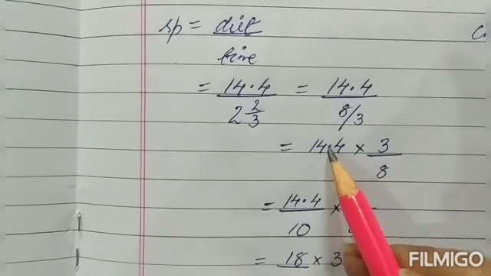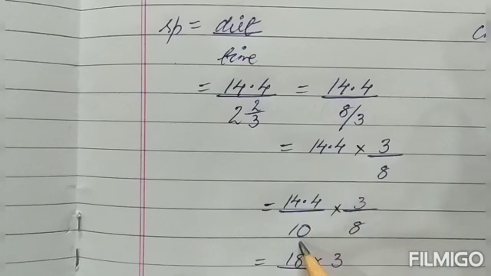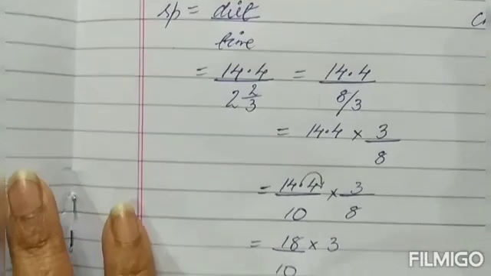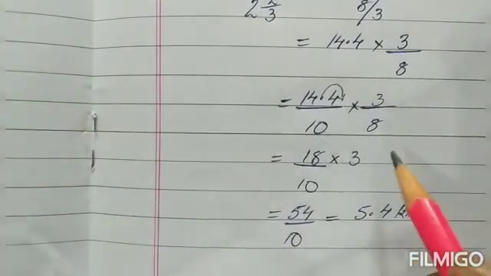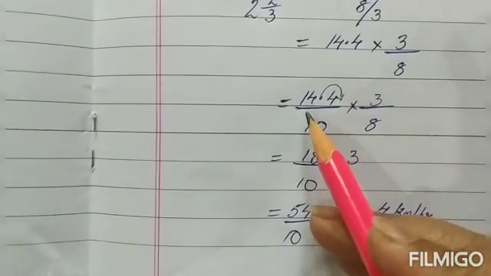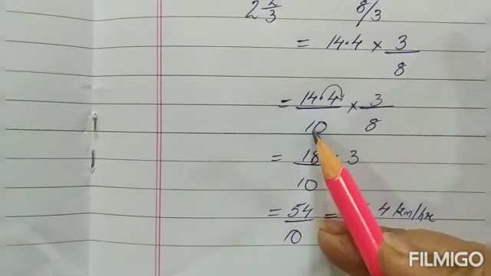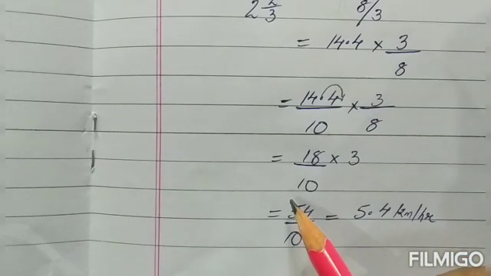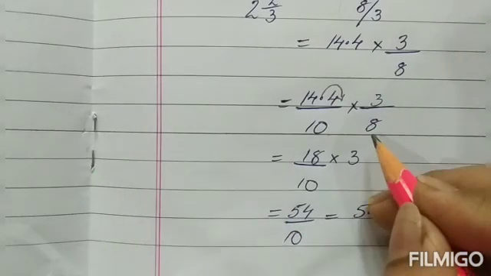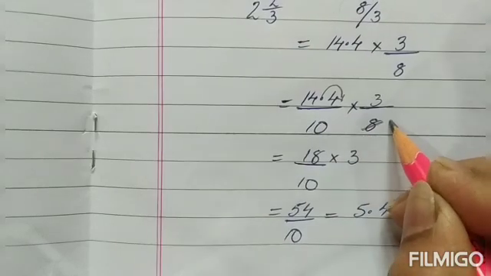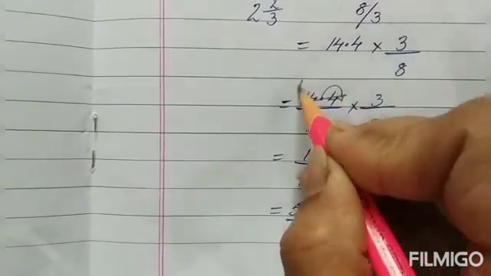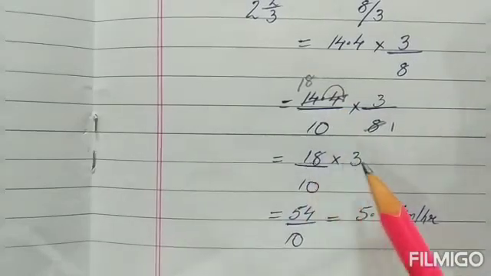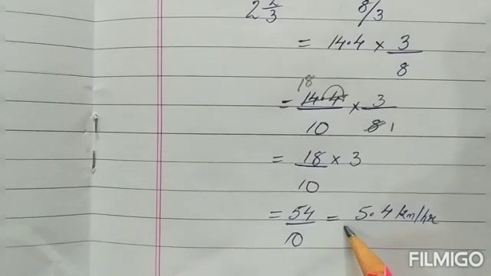Now because there's a decimal over here, I can write it upon 10 so that my decimal gets removed. I've added a 0. One more way is there, children. I can add a 0 over here with 8. There is no need of writing a 10 then, or you can write it above 10 and you can remove your decimal. Now start reducing it as much as it can be reduced, children. So 8 can reduce 144 one time and this can be reduced 18 times. So 18 upon 10 into 3. Now 18 3s are 54 upon 10, children, which will be written as 5.4.